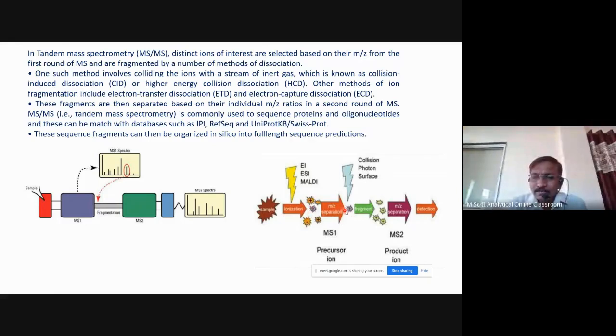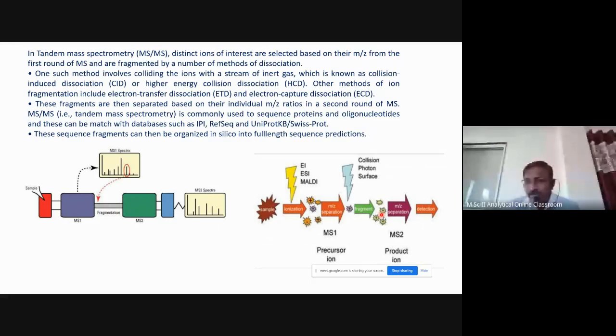So we can get separation by Z, and here we can obtain a single ion. Suppose this one undergoes further fragmentation by using the collision surface, and that fragmentation is carried out by using a number of methods, that is CID, ETD, HCD, etc. And then it undergoes further fragmentation,